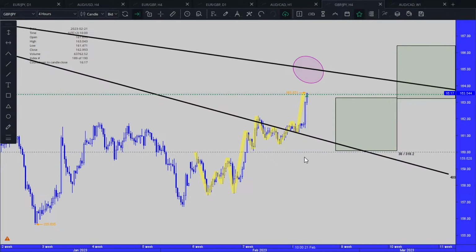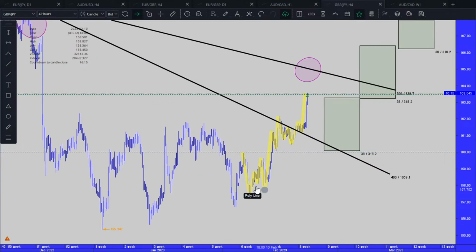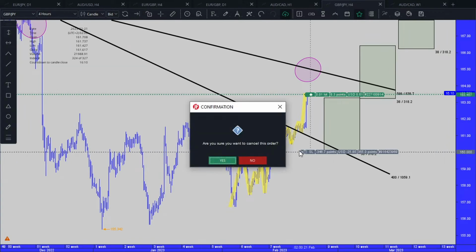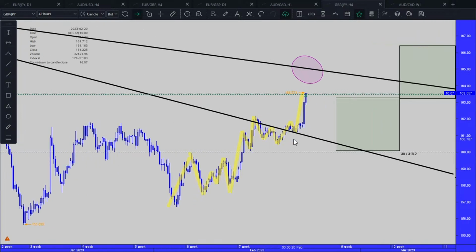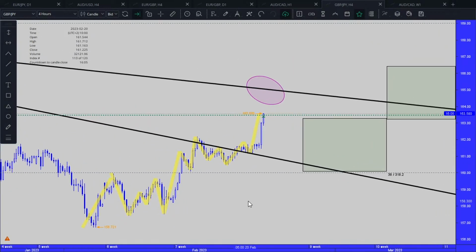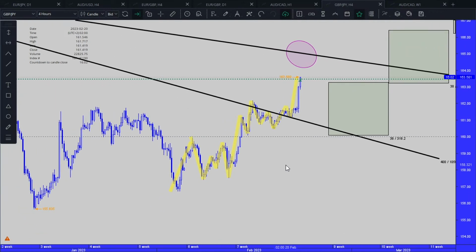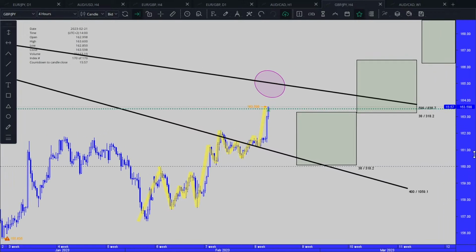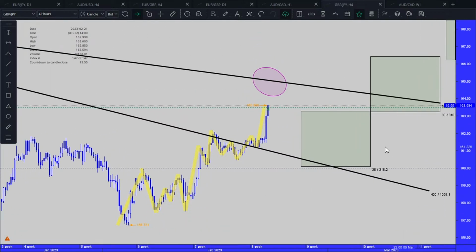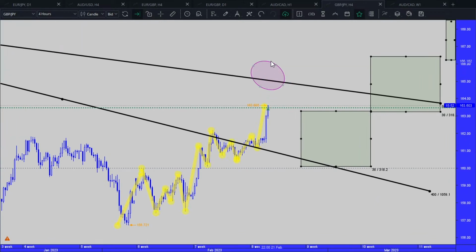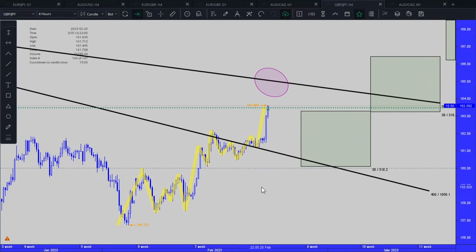Some of us are going to see this market, see the price action, and buy because we believe the market is going to push up. Agreed? Based on what we see, the market is making higher highs, higher lows. Somebody else is going to see the same chart and see the downtrend line, and the downtrend line is going to be the reason to stay out. Agreed, everybody? What is the correct thing to do?